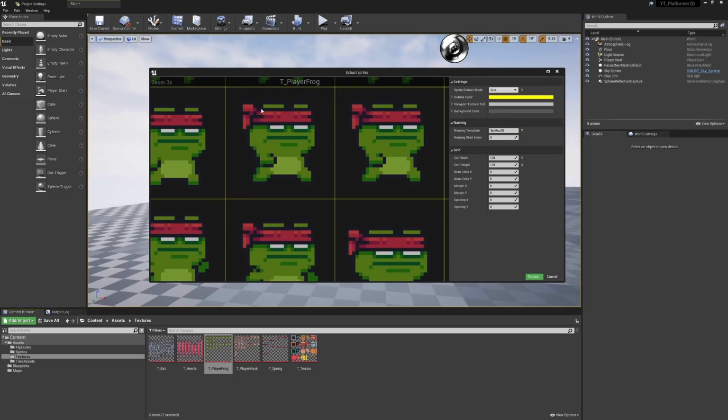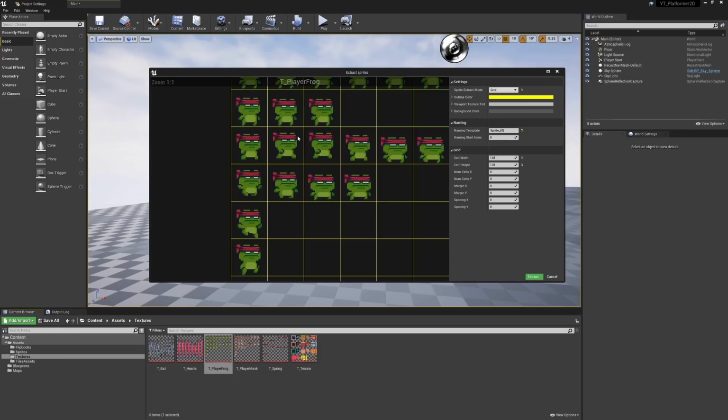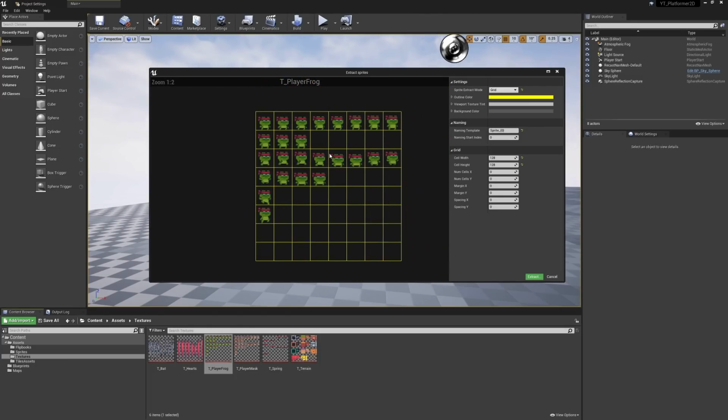The animations where the character is meant to be in the air, again, that's accounted for with that same size grid space. The problem with this does come that you get these extra cells. These will be cut out and classed as a sprite. We can fix some of that by the number of cells that we want to cut down to, which I'm going to set to 6, because we only have these 6 that we really want. But you'll see that this also helps us with the naming convention, and we can very easily create our animations